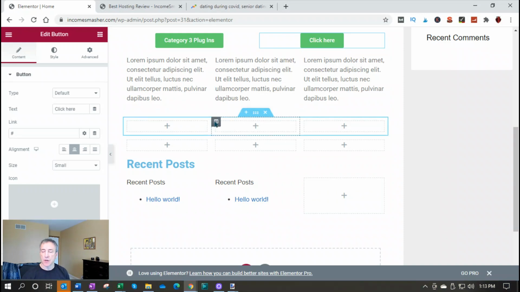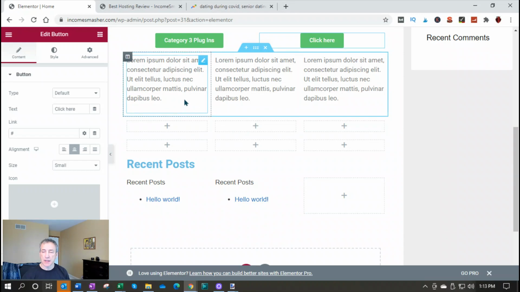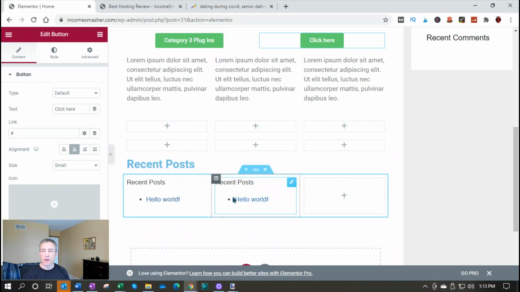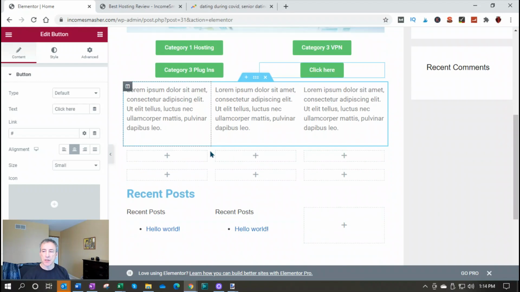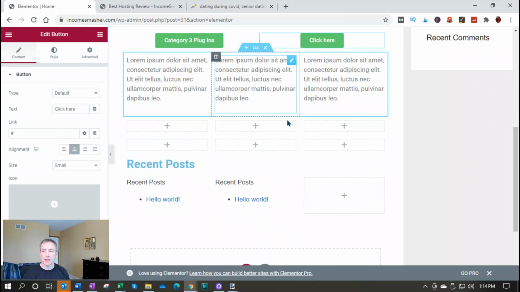So what I would do is go and find the best posts that I like, that I think are the most engaging, that people would be interested in, and then I would put them in here with a link for people to go to. So then I control what's on my home page and not just, hey, the most recent post, here it is. Now we do have a recent post one down here, and that's where you would put your most recent post. But let's say you have like 40 posts, you want to put your top 9 posts right here